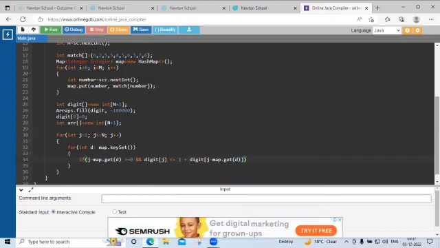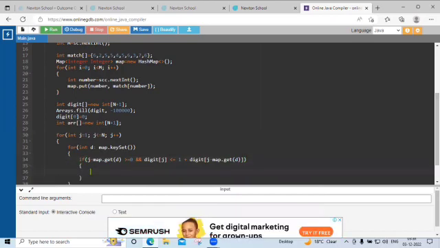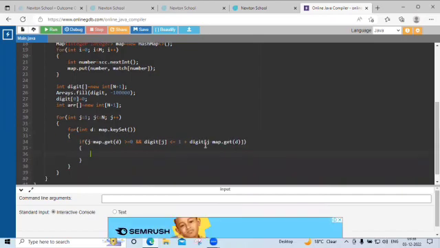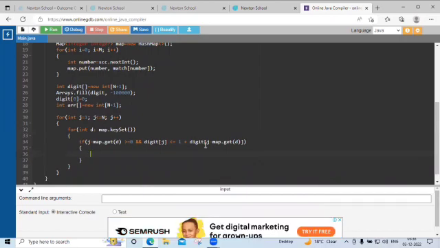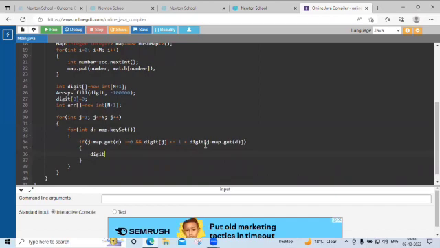After that, inside this if, we check is less than equals to 1. Then here we can write digit of j